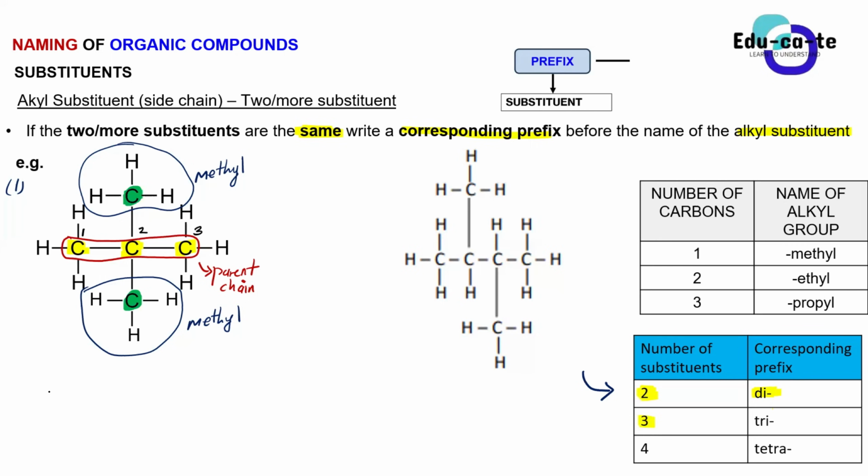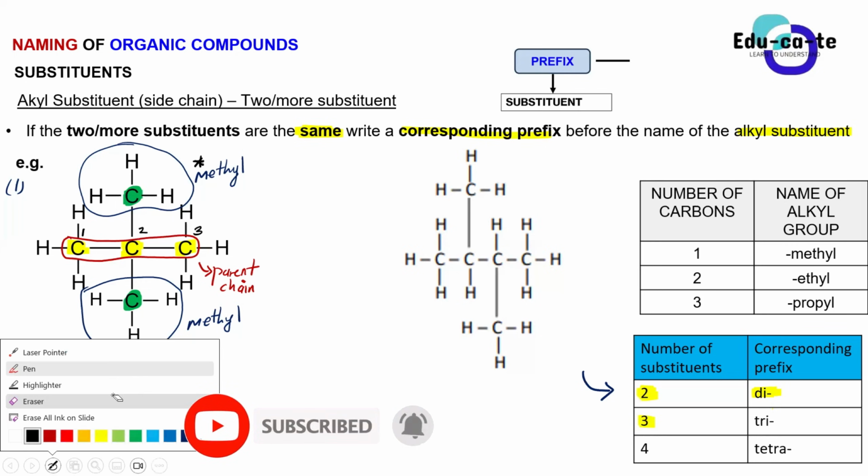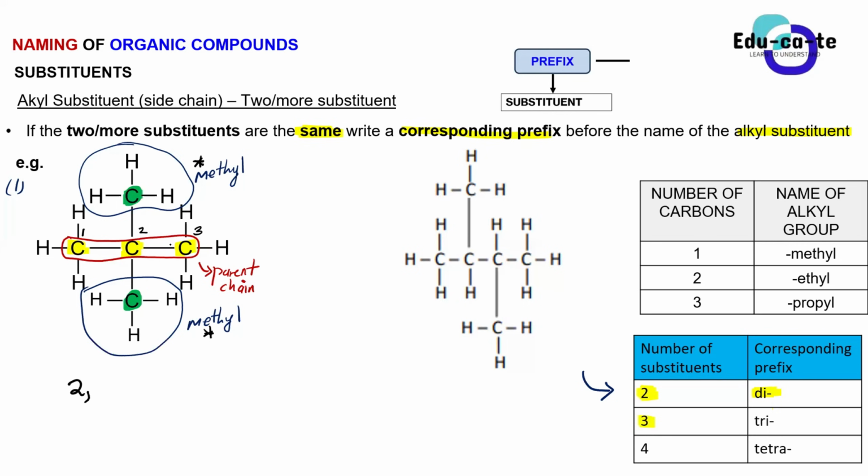Because we've got 2 of this methyl group, you don't just say 2 and then put a dash. You must also mention with the second methyl group here, on which carbon it is found. You put a comma to separate the numbers. On which carbon will the second methyl group be found? This one at the bottom. Just look at the parent chain and identify which carbon it is. Is it carbon 1, carbon 2, or carbon 3? It is still on carbon 2. So you must write 2, 2.